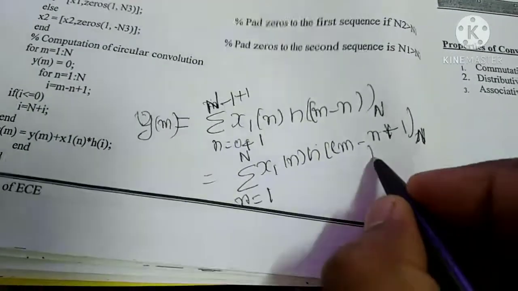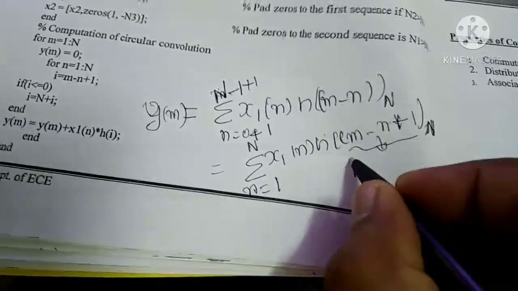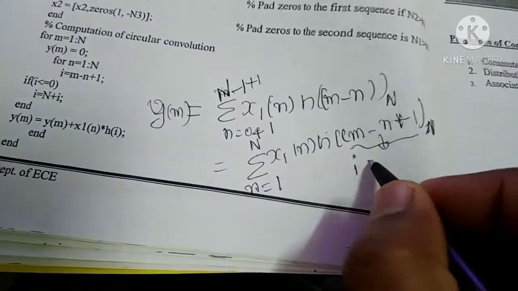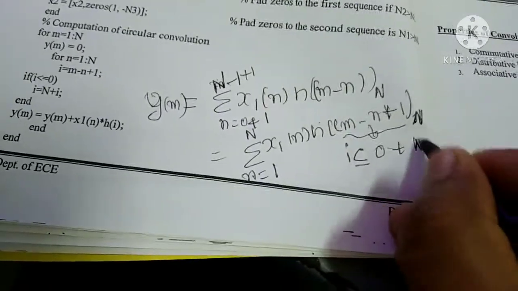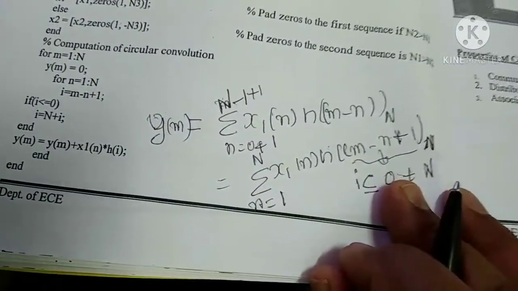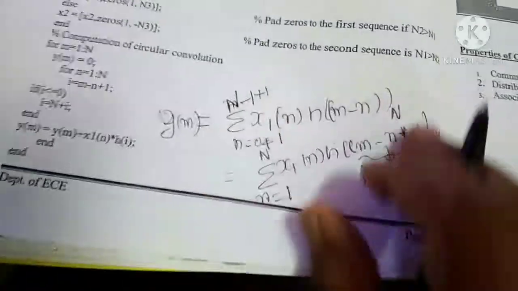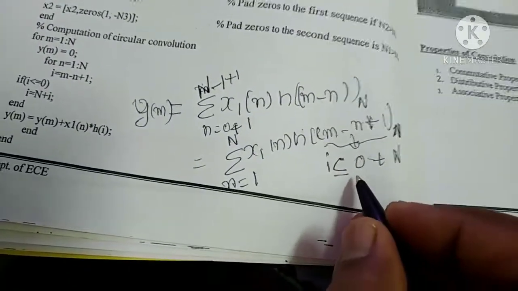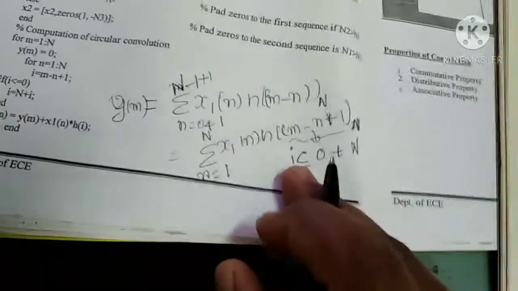This modulo N can be achieved by seeing that if the value, whatever I am calling this by the name I, is less than or equal to 0, then what I am doing? I am adding N to this in order to make it positive, meaning circularly rotated. So if, while taking, the index goes in the negative direction, I have to come back to positive. If while subtracting I get minus 1, then minus 1 plus 4 is 3. So in order to rotate it, we are using this.